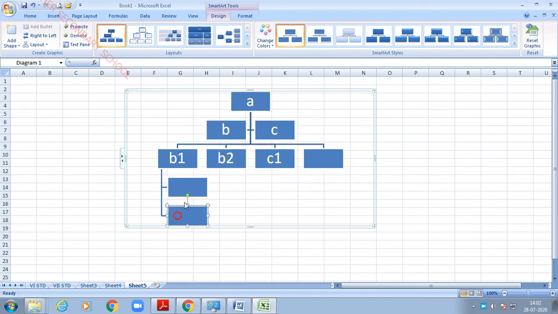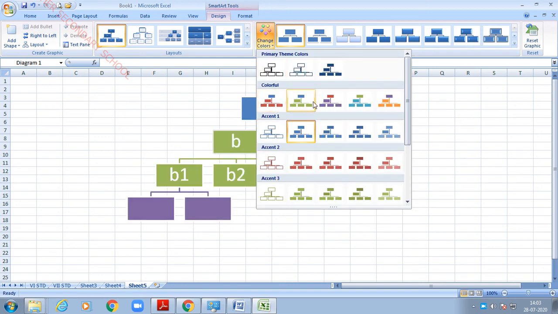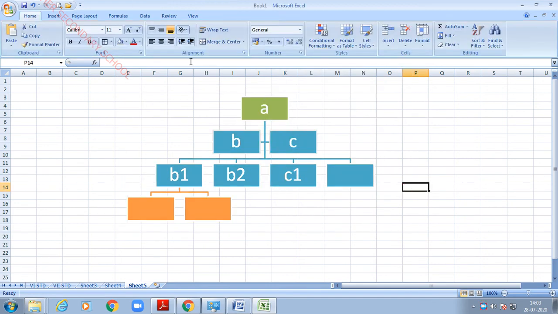If you need a standard format, first you have to place the cursor here, then here we have a layout option, choose layout standard. It will come like this. So this is the way we can create a smart art. Okay, and also you can change the color of this smart art. Let us see how to change the color. For example, you can give a separate color for the main title and another color for the subtitles. First you place the cursor here. Here we have a change color option. You can change it like this.